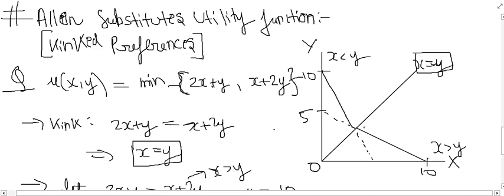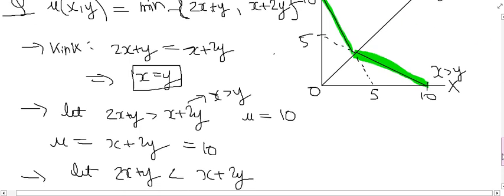We are drawing a dotted line just to indicate that in the notes we need to draw the particular segment in the space where the condition x less than y or x greater than y is satisfied, respectively. Okay, so this black line is our IC. Let's highlight it. This is our IC for the kinked preferences. Okay, now let us take